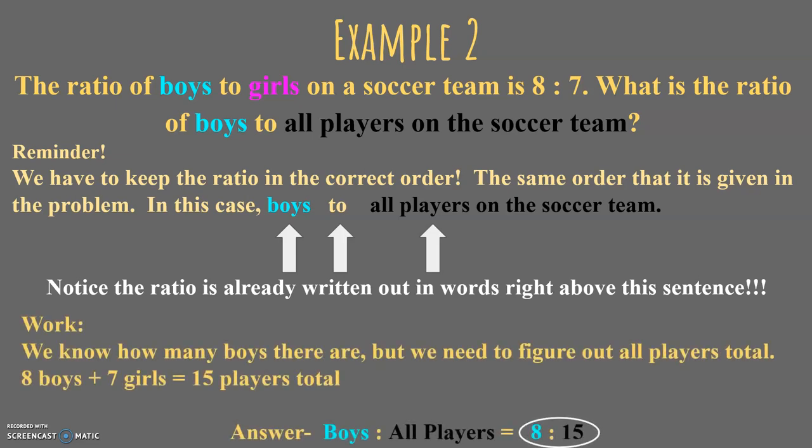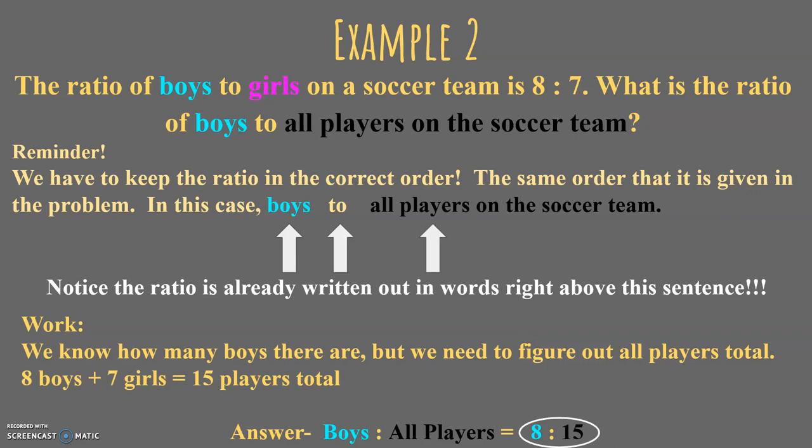So, we know how many boys there are, but we need to figure out how many players there are in total. There are 8 boys and 7 girls. 8 plus 7 is 15 players in total. Therefore, the ratio of boys to all players is 8 to the total, 8 to 15, which we can write